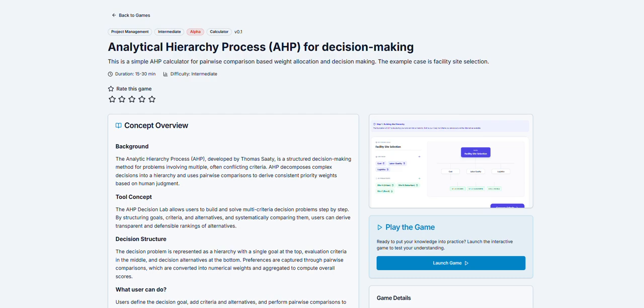Hi, this is AHP, Analytical Hierarchy Process. It's a tool developed for decision making. And here we have a simple calculator which can make the weight allocation to support the decision making. Originally, this is a concept developed by Thomas Saaty, and there's plenty of